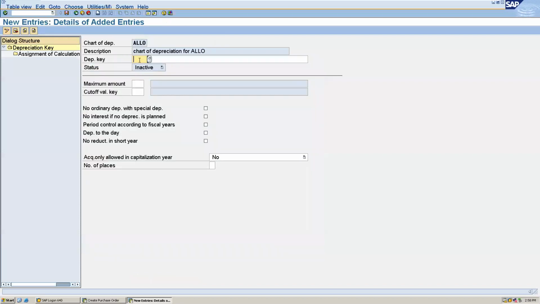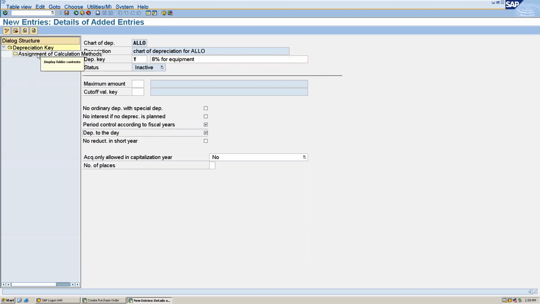So the depreciation key, first I am giving Y, which will be 8% for equipment. Okay. And you can see here the period control according to fiscal year. So the period control will be same as the fiscal year, and depreciation to the day. We have to tick that.